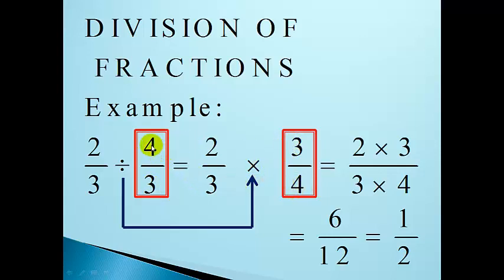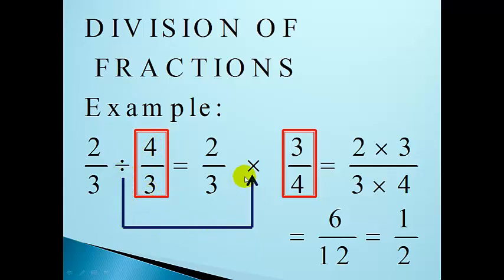So instead of 4 over 3 it is now 3 over 4. Why? Because the division sign has been changed to a multiplication sign. It's very important, please: we consider the fraction after the division sign. The denominator becomes the numerator, and the numerator becomes the denominator as soon as you change the division sign to